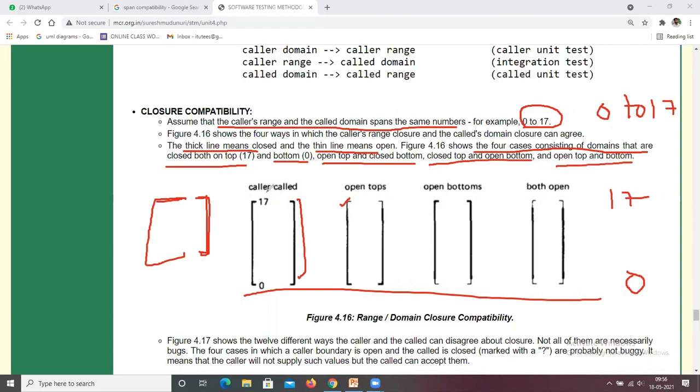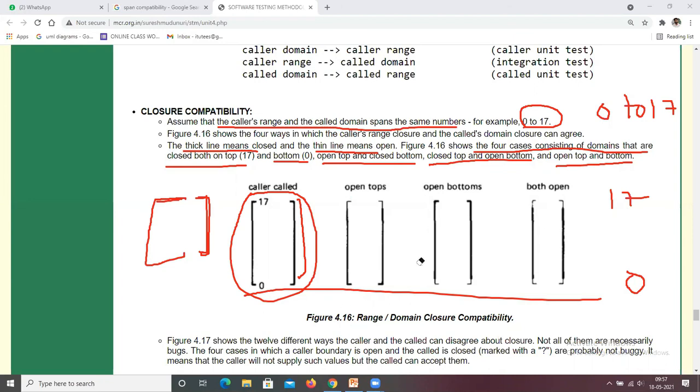So this is the first one. Here, if you observe, both top and bottom are closed. Here the thin line, if you observe, this is the thin line, so it is open top and closed bottom. And coming to the third one, this is closed top and open bottom. The last one is open top and open bottom.